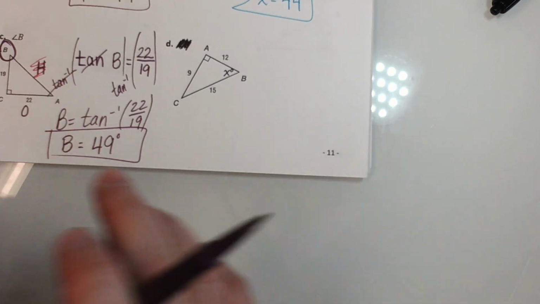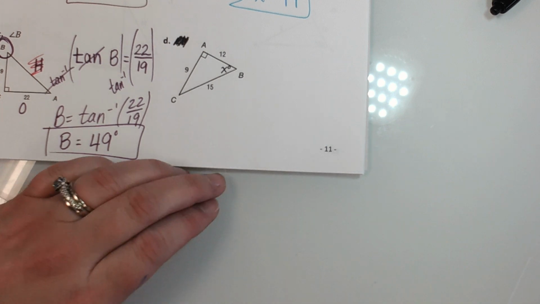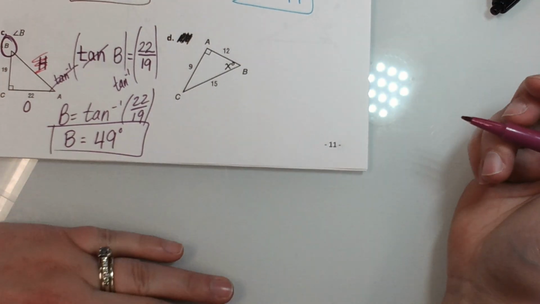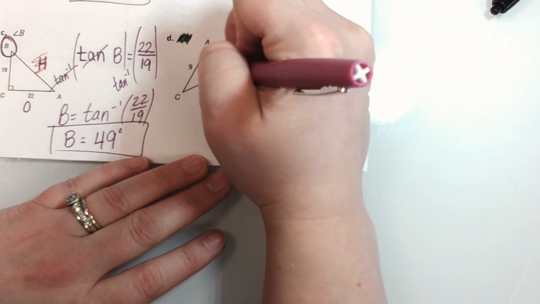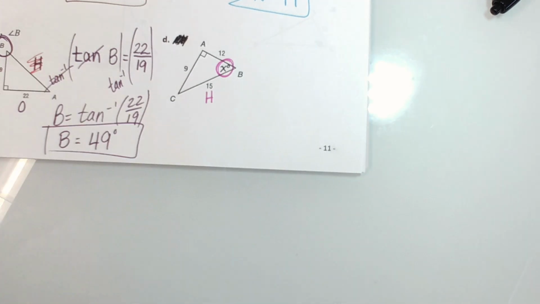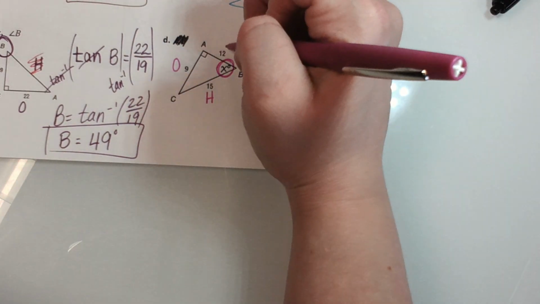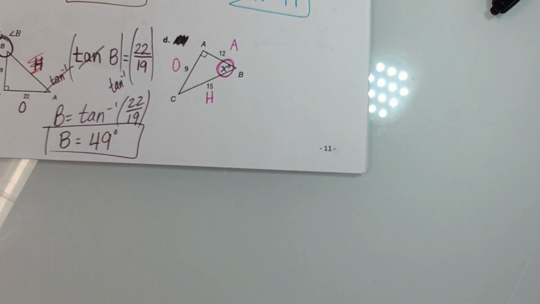Okay, last problem. Same general idea. One slight difference on this problem. What are we solving for on this one? X. The x. That's our angle of focus. Our hypotenuse is 15. Which side's the opposite? The 9. Makes that one the adjacent. Do you see what's different about this problem? It has all 3 sides. Which means